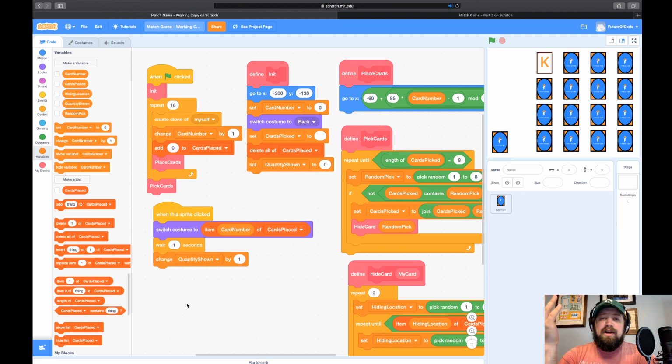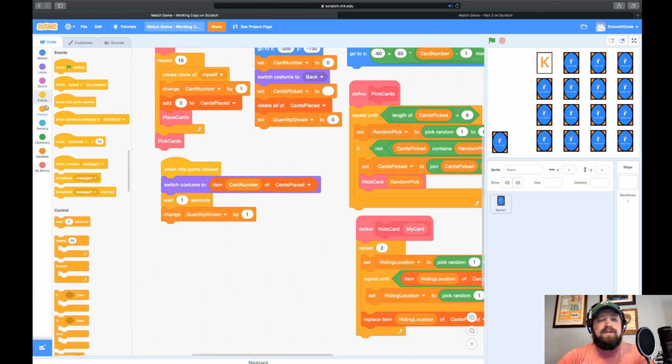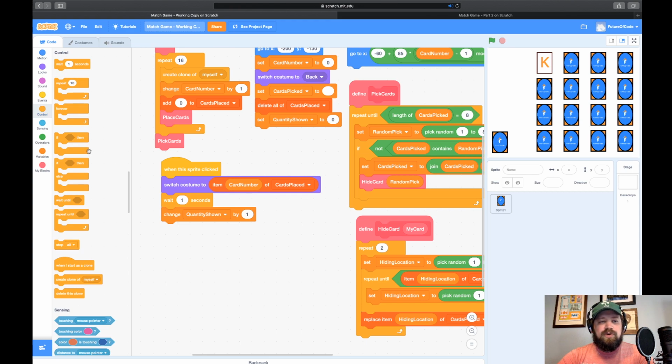With a binary like this, we can actually use an if-else statement. If 1 card's flipped over, we do one thing. If it's not 1 card flipped over, if it's 2 cards, then we do something else. So let's go into control and grab an if then else statement.